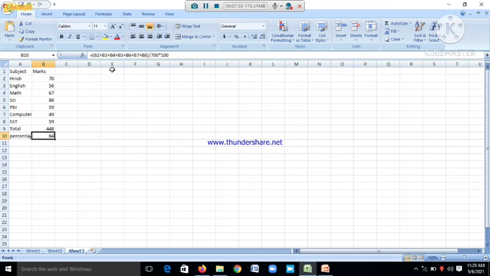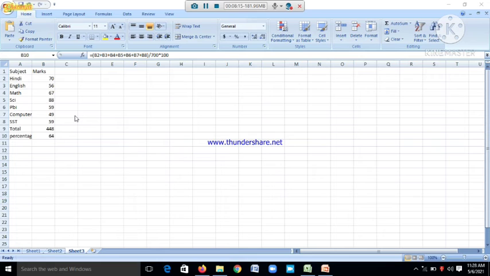Okay, the formula which contains more than one operator, here the plus symbol as well as the division symbol as well as the multiplication symbol, so this formula is called a compound formula. But in the previous formula we used only the plus symbol, so it is called just a simple formula.